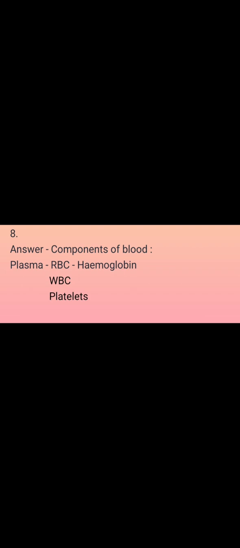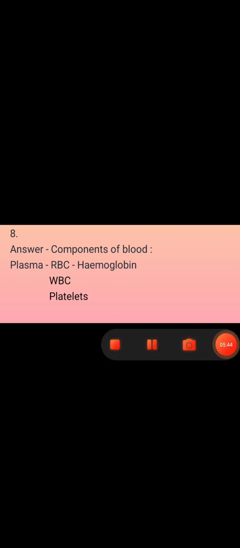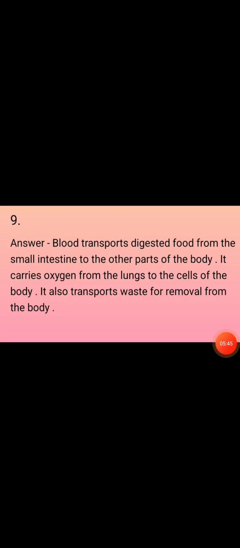So our next question is, why is blood needed by all the parts of the body? And our answer is, blood transports digested food from the small intestine to the other parts of the body. It carries oxygen from the lungs to the cells of the body. It also transports waste for removal from the body. And our next question is,